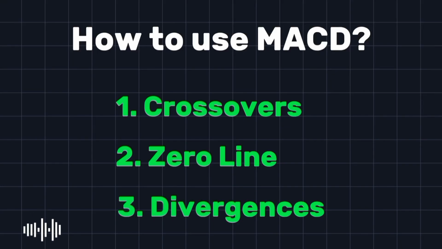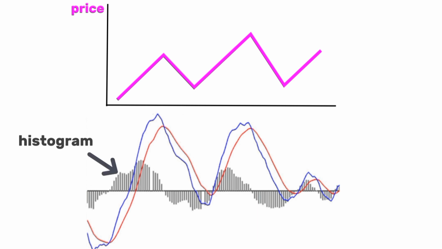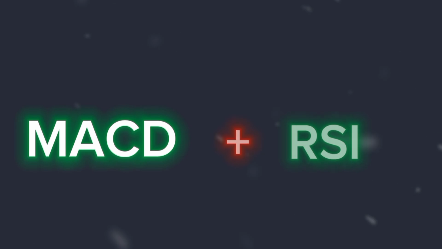3. Divergences. The MACD histogram can help identify divergences. A divergence occurs when the movement of the histogram differs from the movement of the price, signaling a potential trend reversal. Now that we've explained what MACD is, let's see how we can combine it with RSI to create a